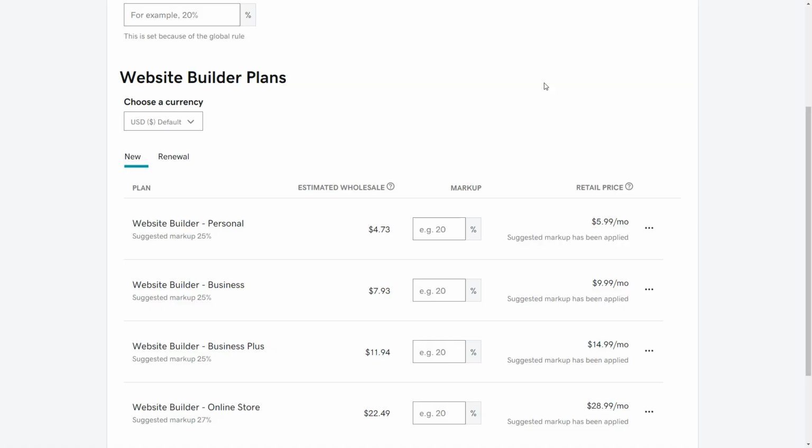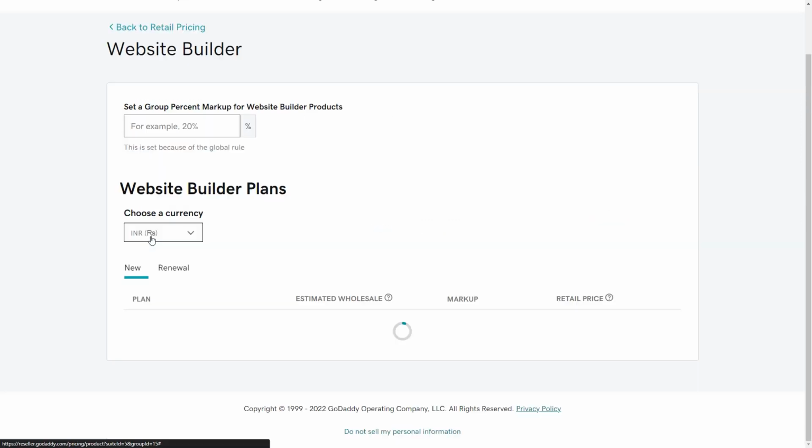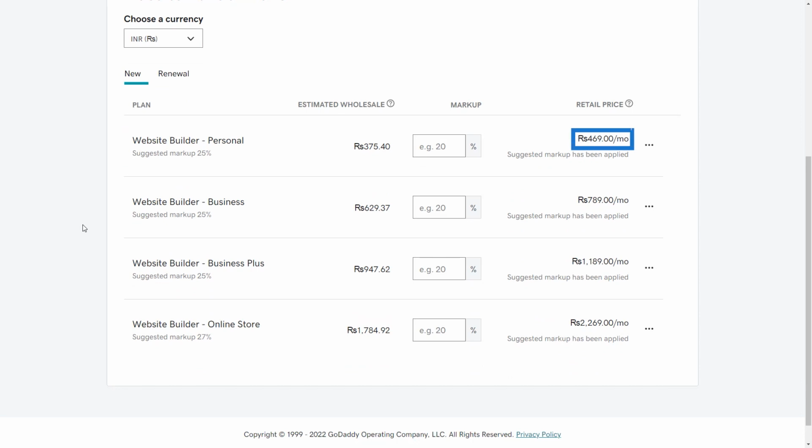Let me give you an example. In US dollars, it's common to see prices end in .99. In Indian rupees, it's common for prices to end in 9.00. Our currency rules automatically format prices so that they're appealing in the market they're being offered. That means that your prices may be rounded up to .99 in the US if you have them listed different. But the great thing is, you won't have to worry about that. We'll do it for you.